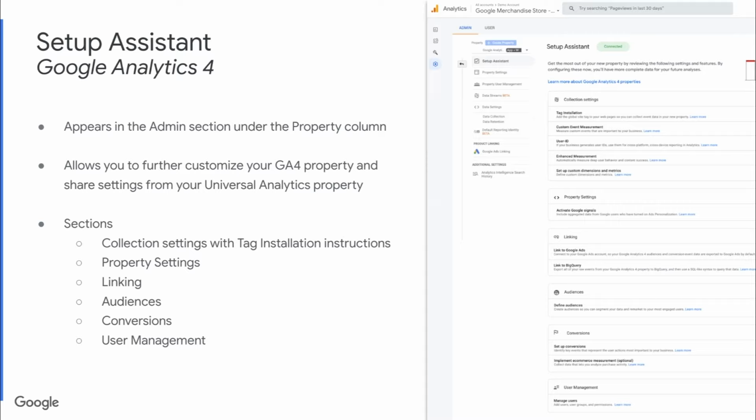your new GA4 property. So some of the sections you see here are collection, property settings, linking, audiences, conversions, and user management. And this is really cool because what this is doing is it's pulling settings that you have in your Universal Analytics property into your Google Analytics 4 property so that you don't have to do a lot of the setup all over again. And one of the sections here towards the top is the tag installation instructions. So if you are using Google Tag Manager, this will have information for you about how to continue on with